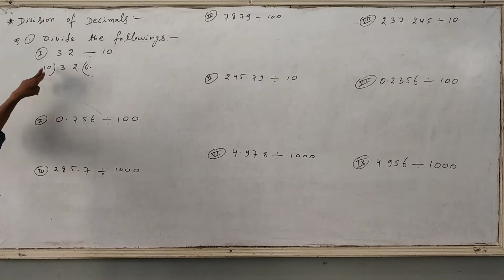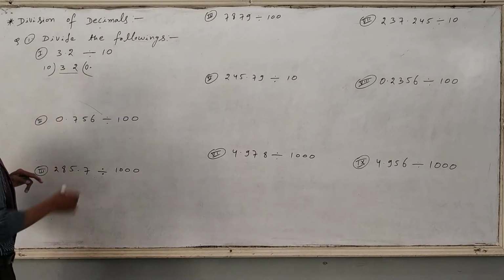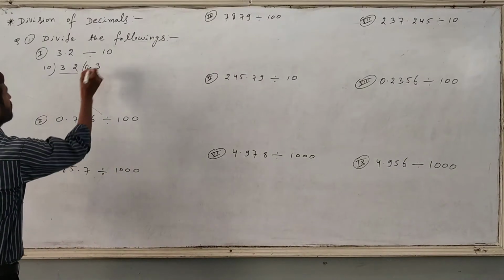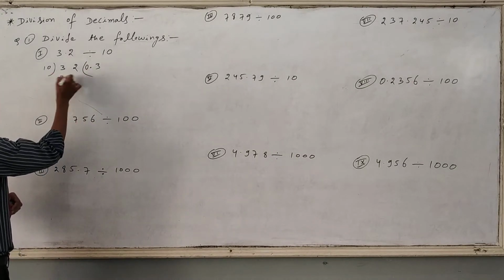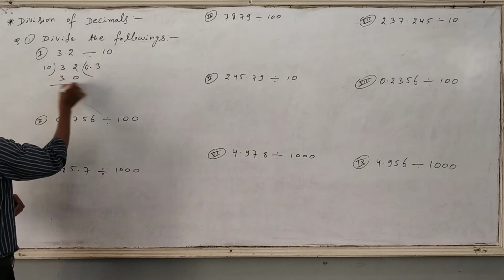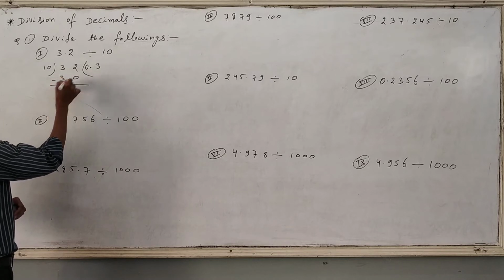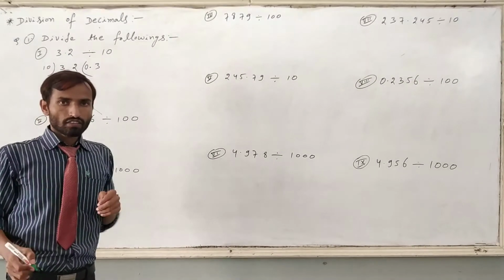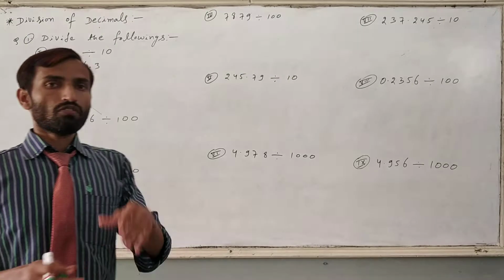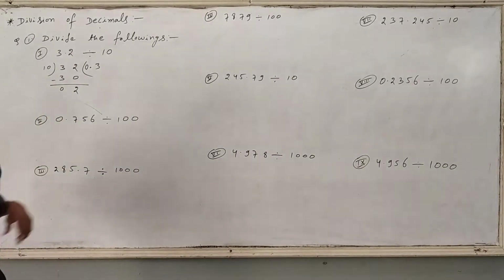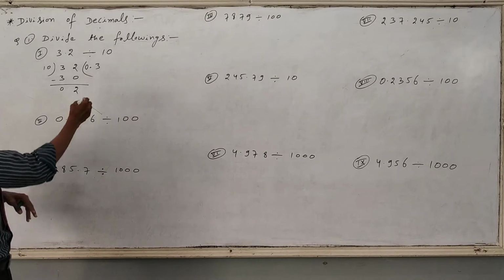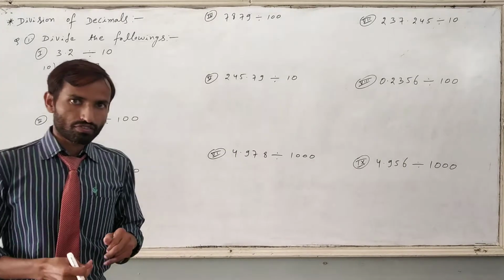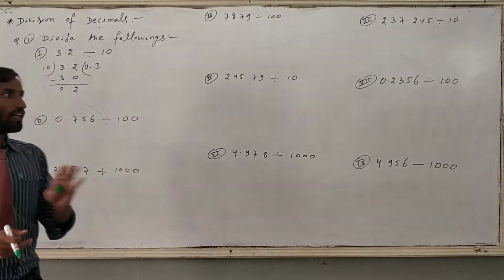Now we can divide the combined digits by 10. 10 times 3 is 30, so put 30 here. 3 minus 30... I mean 3 minus 3 is 0 and 2 minus 0 is 2. After that, 2 remains as the remainder. For that we have to divide 2 by 10. It is also not divisible. If a point is given there, then we can put a 0 ourselves.